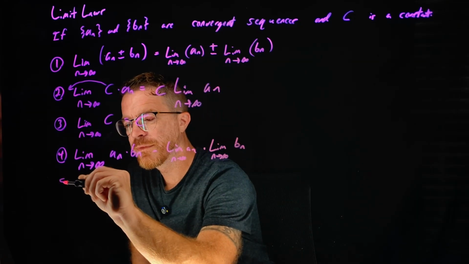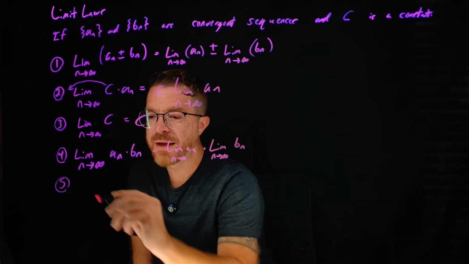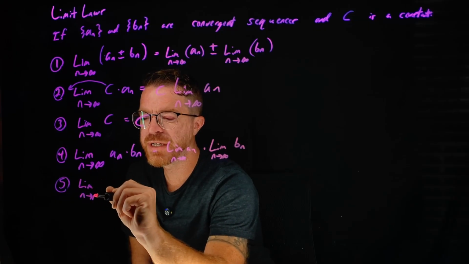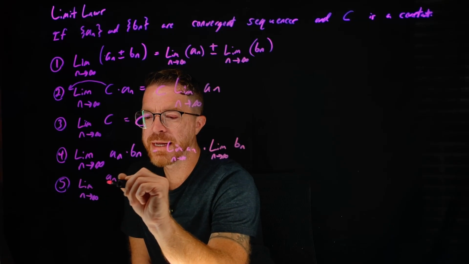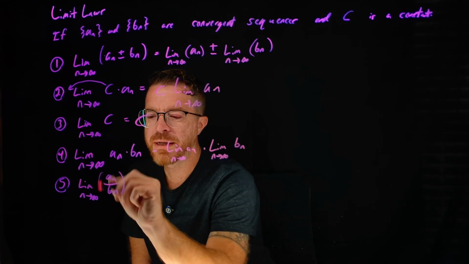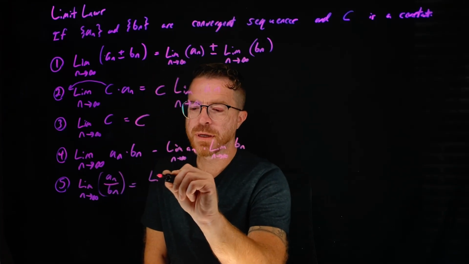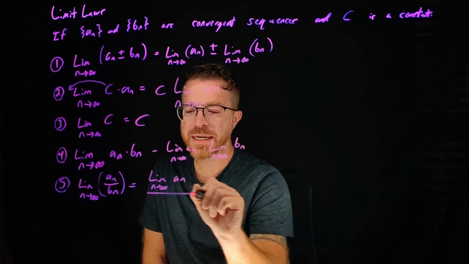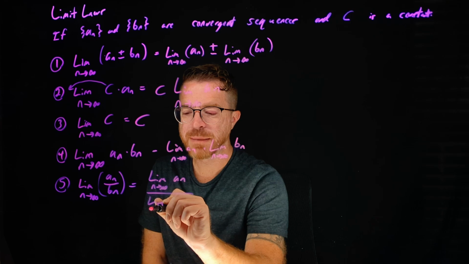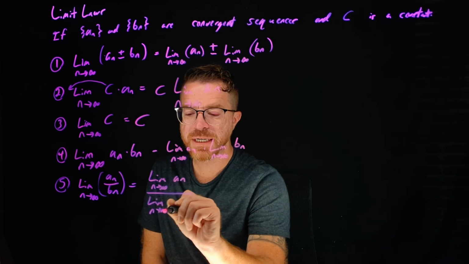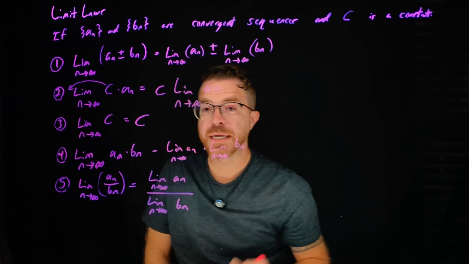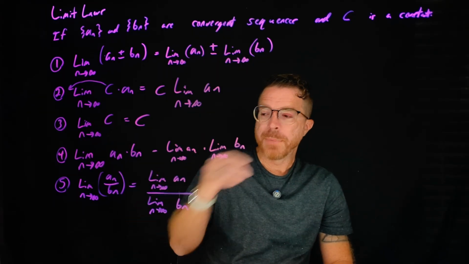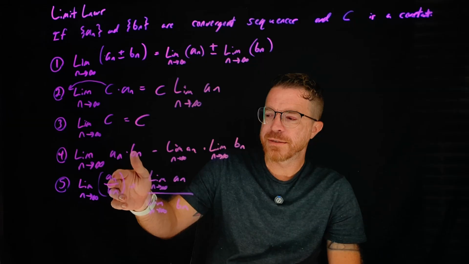Similarly, if we have the limit as n approaches infinity of an divided by bn, this is going to be equal to the limit as n approaches infinity of the sequence an divided by the limit as n approaches infinity of the sequence bn. Now, these actually are technically kind of the same rule, because if you think about it,